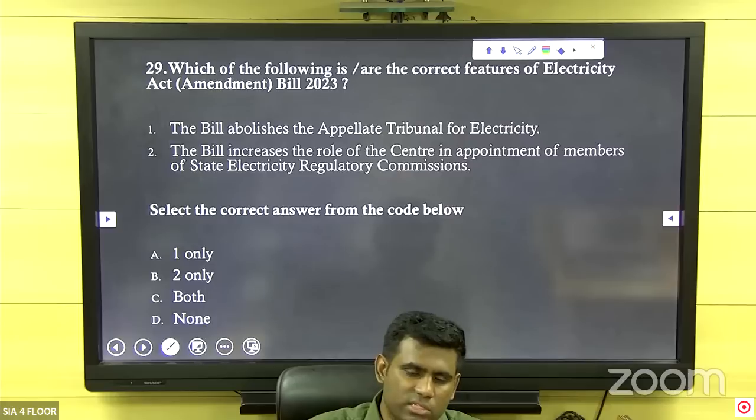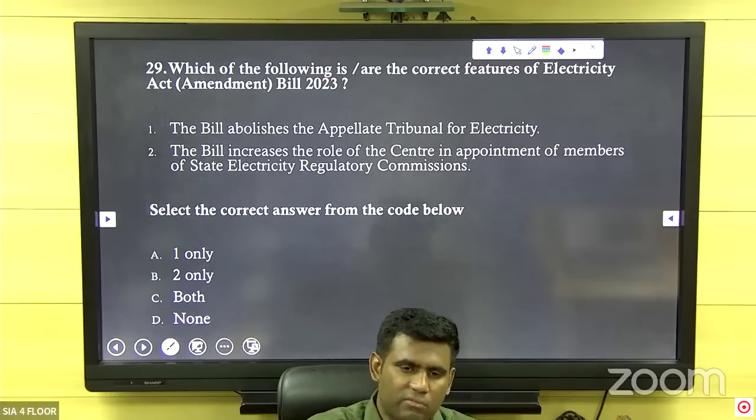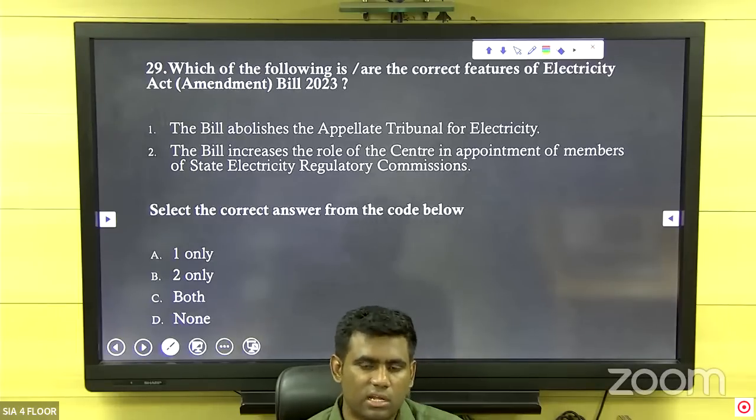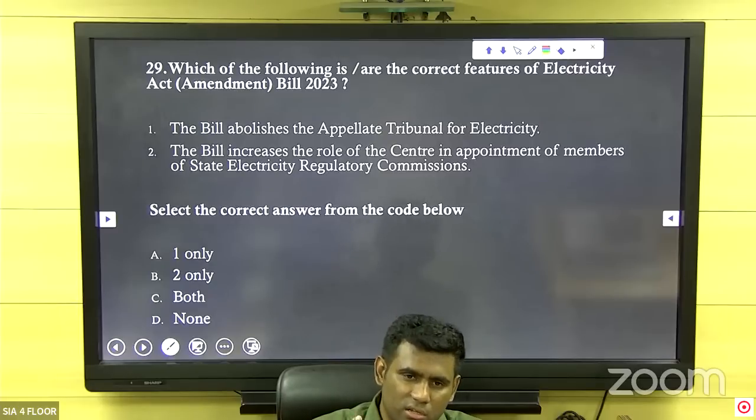is the case in Tamil Nadu. The state itself does all the activities. Maybe in generation, we may be outsourcing and buying it from private producers, but the transmission and distribution are done by the state in Tamil Nadu. So we don't have electricity regulatory commissions, but you go to other states, you have regulatory